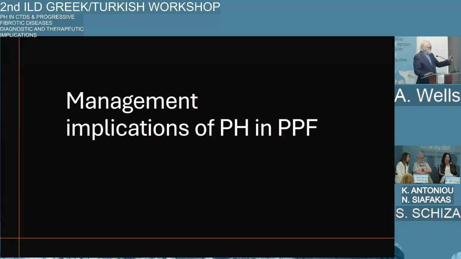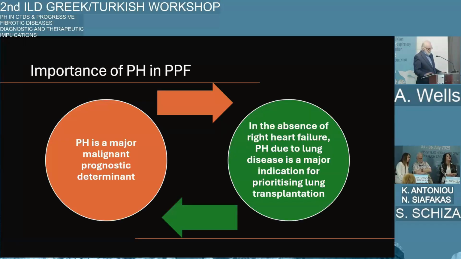Now I'm going to close with management implications of PH in progressive pulmonary fibrosis, and I've already dealt with one. If you don't think carefully, you will call what is progressive vasculopathy, you will call it progressive fibrosis. And that leads to mismanagement. Item 2, you really need to identify PH because it becomes a priority for transplantation. Because it is such a major malignant prognostic determinant, and we know in